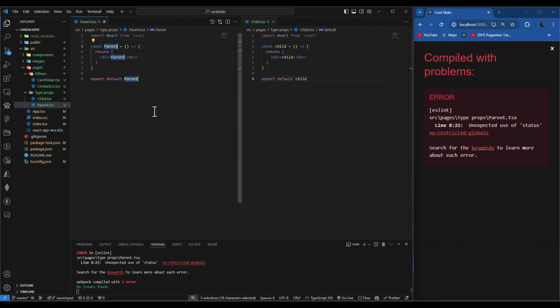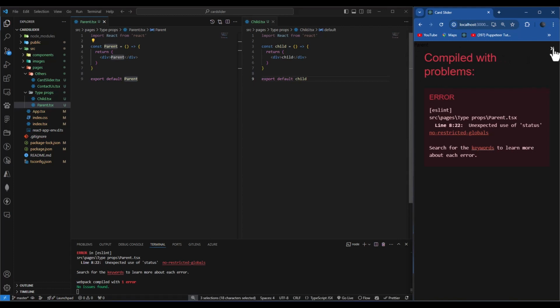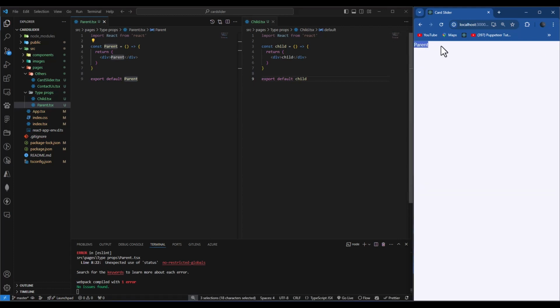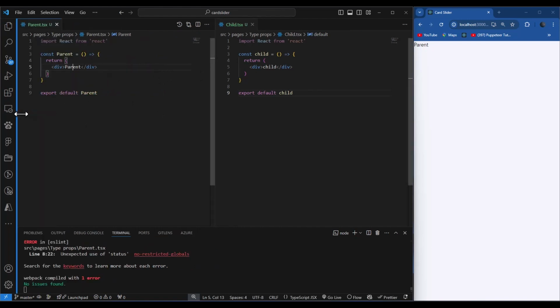Let me refresh my page. Yeah, as you can see, I have the parent text in here. Let me increase the size of my screen, and I'm going to close this because we don't need it anymore. Now on this side,